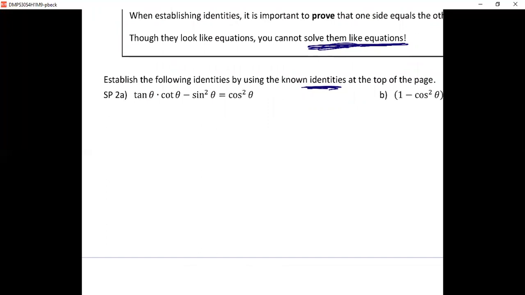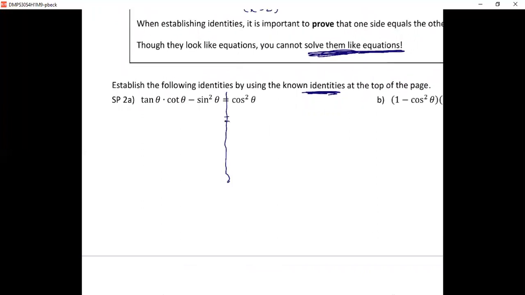So tangent of theta times cotangent of theta minus sine squared. What I like to do is I like to draw a line down to represent that you cannot pass. So really Gandalf should be the one who's at the top of my nose, but you shall not pass. If we work on the left side, tangent times cotangent. I'm not sure if you know what tangent times cotangent equals. Let's pretend that we don't. Tangent is sine of theta over cosine of theta. And if we multiply that by cosine of theta over sine of theta, then what's going to happen is we could see that both of these reduce,